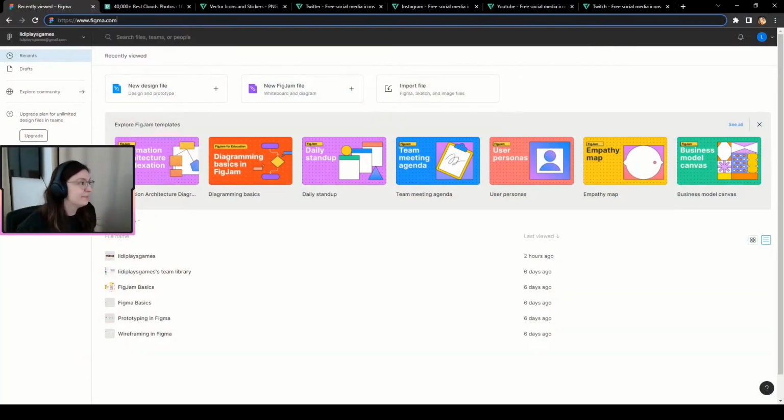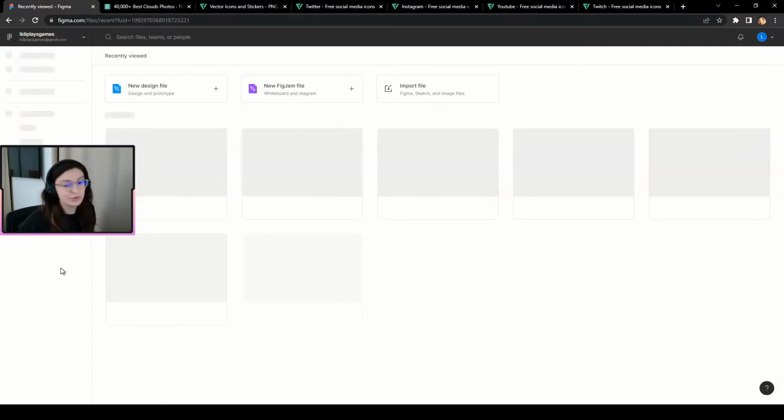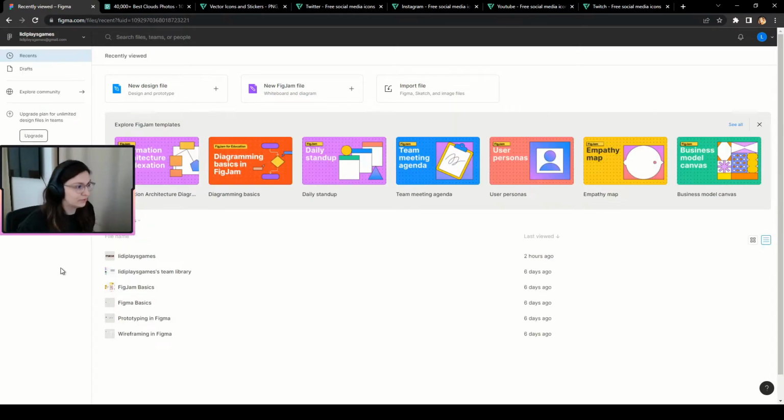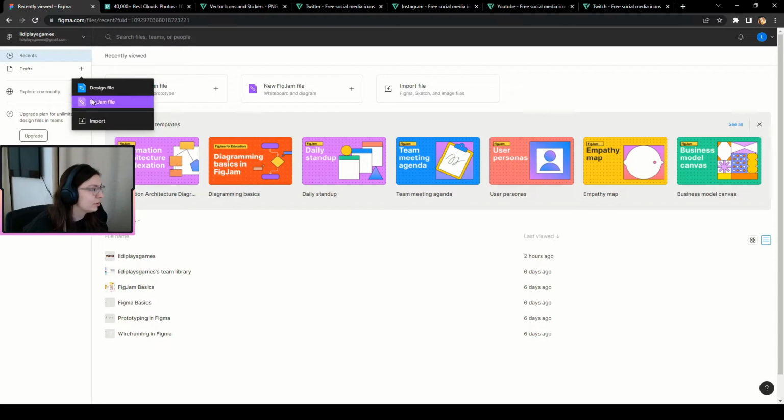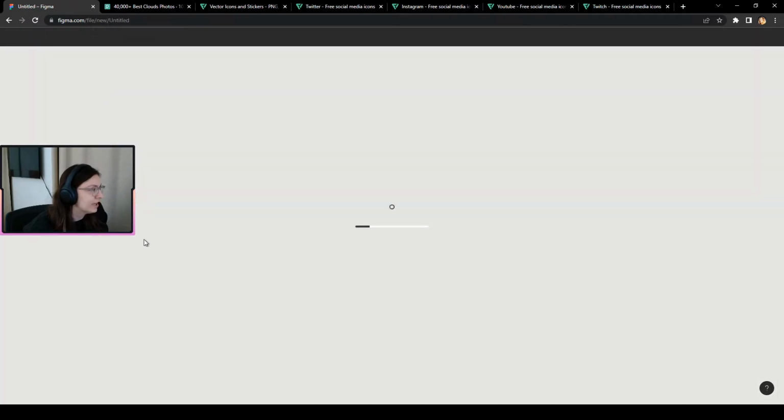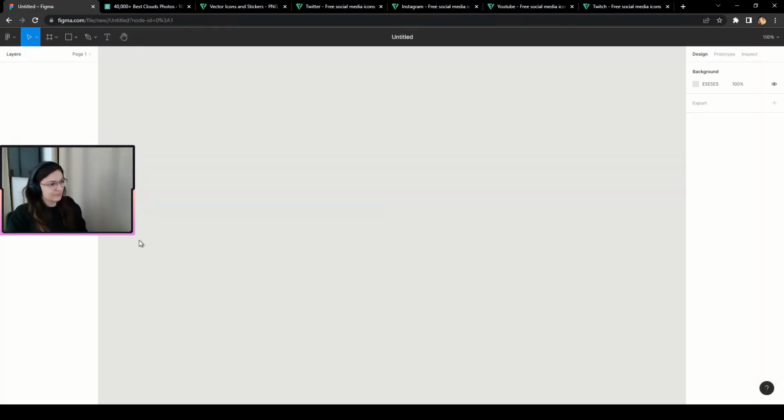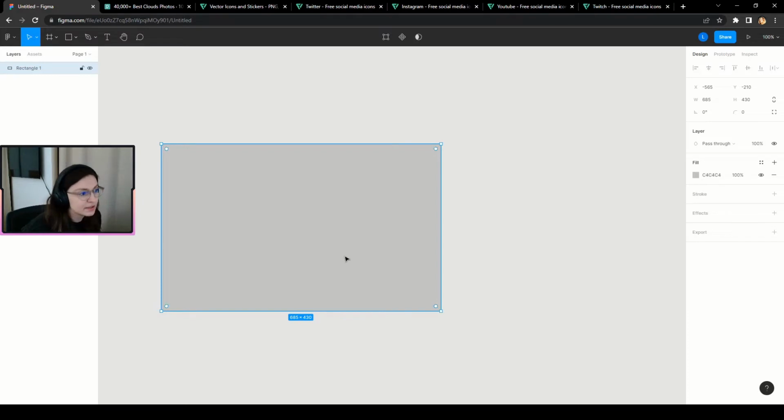This is Figma, and you need to create your own account here, but it's completely free. After that you need to go in drafts and create a design file. You need to create the size,